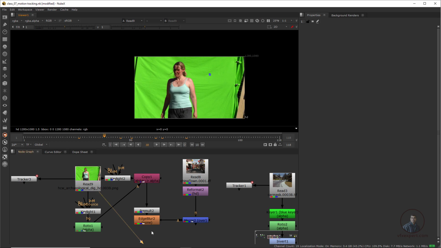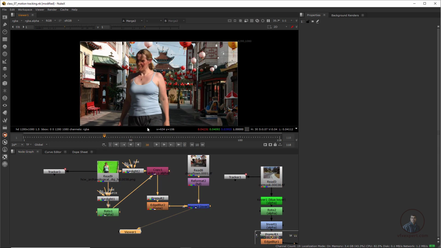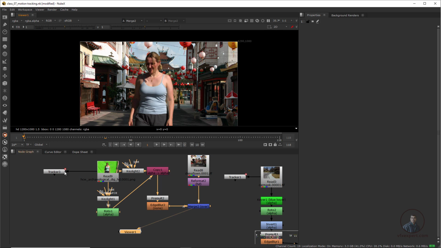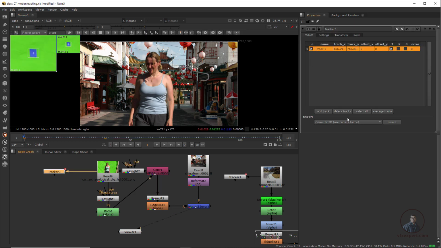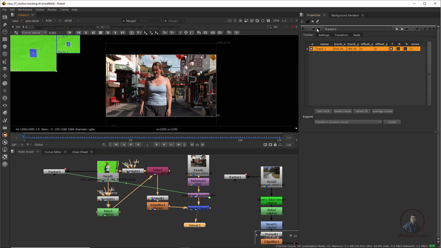So what we have to do, again the same: first we have to generate our tracking data, then apply this tracking data on top of this background. So again double click here on our starting frame, then from the export category select transform match move, create tracking data, then connect it after this background, because we have to match this background with our chroma footage. Now I've connected it here.